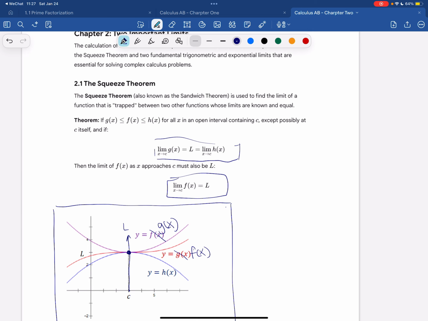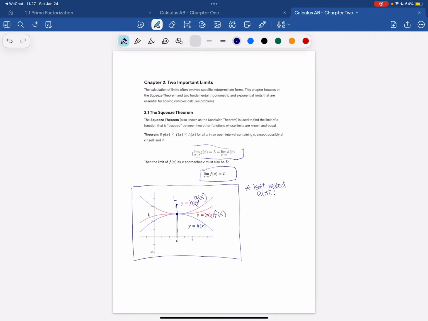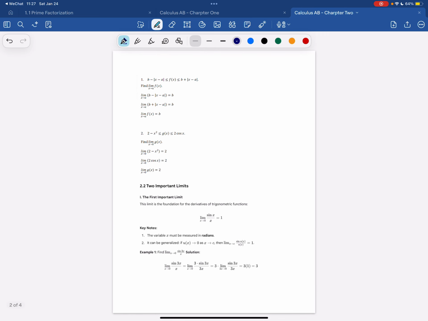But this honestly isn't really tested a lot. I just want to say this right here. So we don't really want to take too long on this theorem. So we're going to move on to the next theorem about the two important limits. Okay, so first,